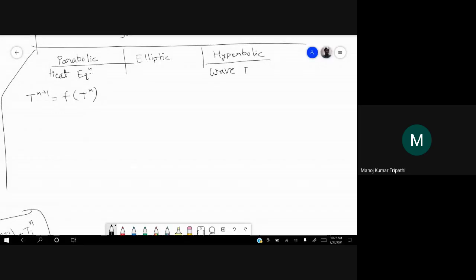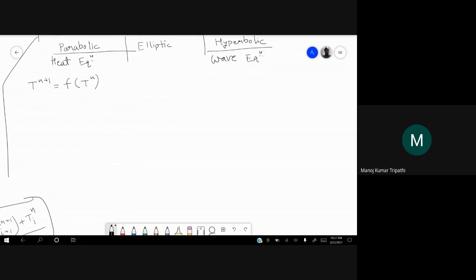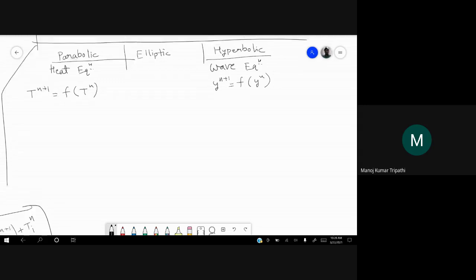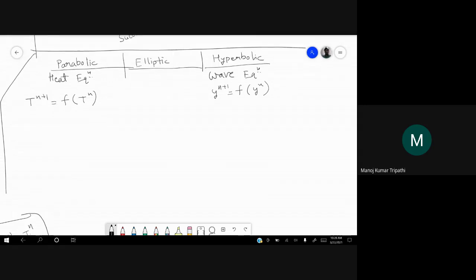So wave equation. In this case also there was a time term. We wrote wave height y or u at n plus 1 is a function of y at n plus 1 and y at n. But we can always write an explicit scheme for that also, with some limitations, of course.